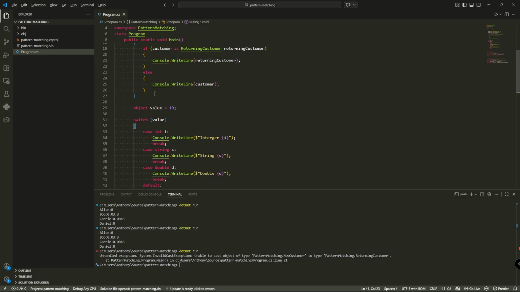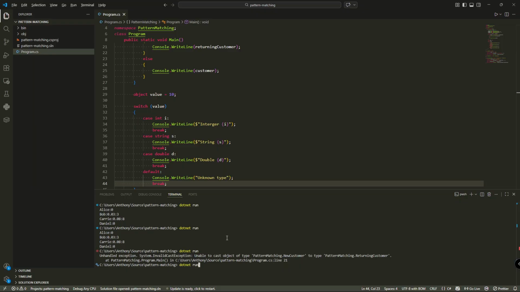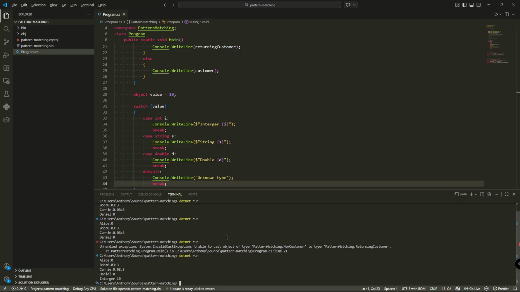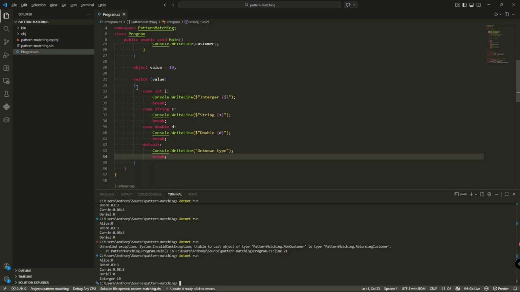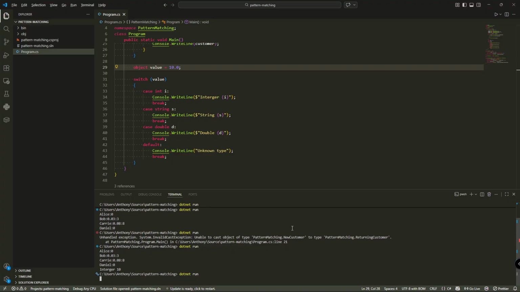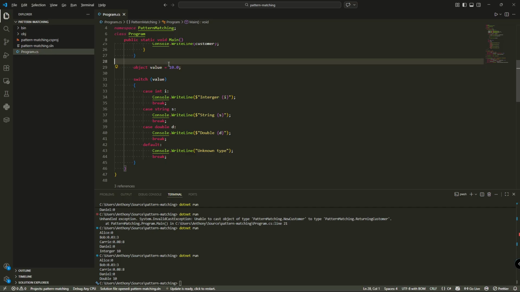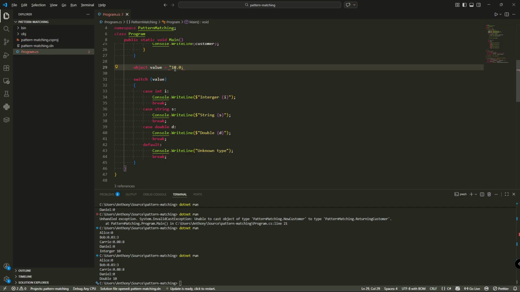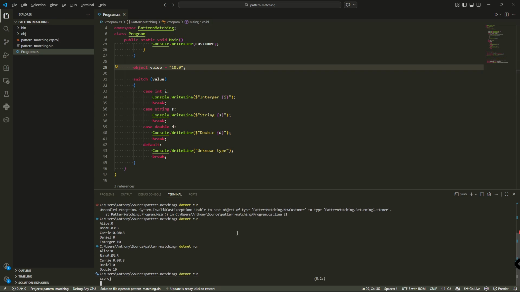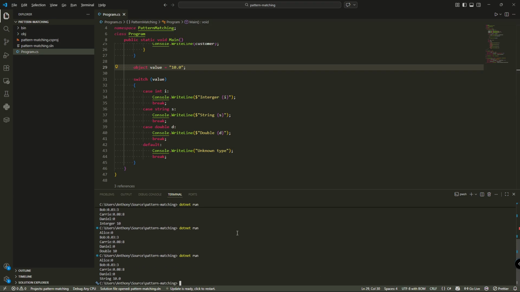All right. So there. This will get us something as well. So there, we think it's an integer, and that is correct. So we are checking what type this object is, and it's that. We had a 0. Now we should get a double. We make it a string. We get a string. With all that, we're doing the if checks for different variable types, and once in a while you'll run into that, and it can be useful. Let's make it a character. We'll do a character there,